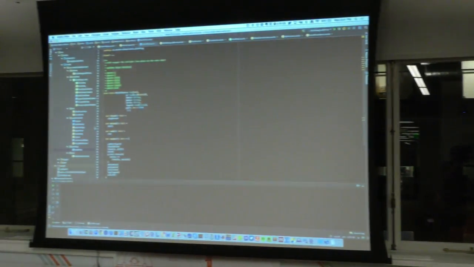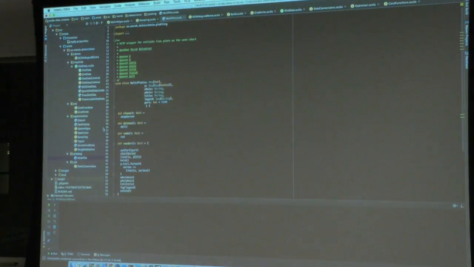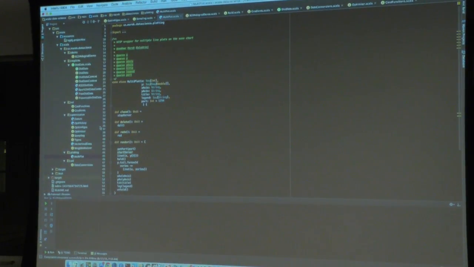I did some plotting here. This is actually the only side effecting code because plotting is side effecting. This is using Wisp to do plotting on the web. Wisp comes with an unfiltered web server, so you don't even have to start your web server here, which is pretty neat.